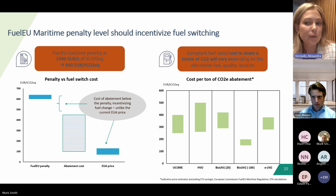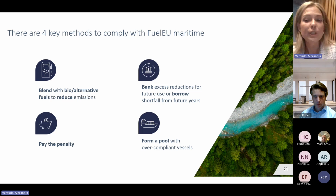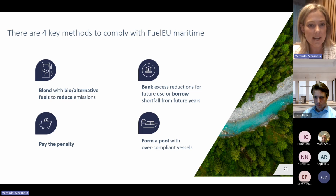But blending biofuels or paying the penalty are not the only two options. There are other options within the regulation, which one of my other colleagues has previously referred to as beautiful, given its promotion of efficiency and economies of scale. And as a trained economist, I must say I have to agree. So in addition, we have the, let me use the laser here, we have the